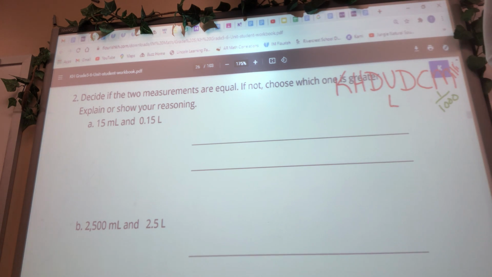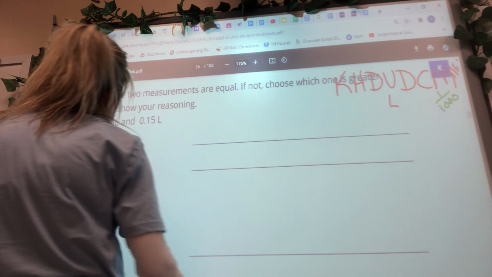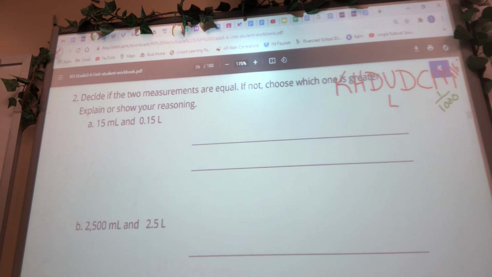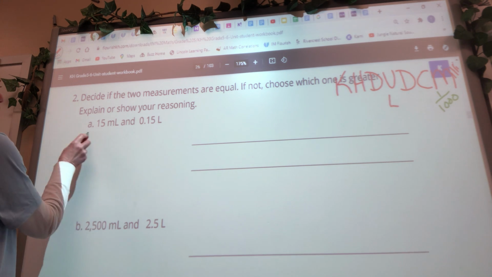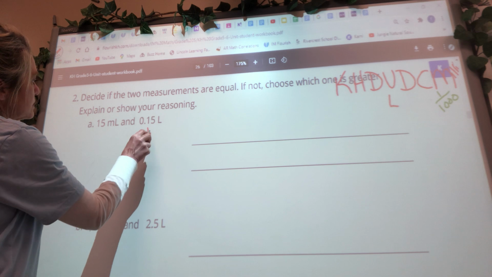Okay, decide if the 2 measures are equal. If not, choose which one is greater. Well, the first thing, if we're going to see if they're equal, we've got to get them in the same units. So let's change everything. They had milliliters first, so we'll just change everything to milliliters. If we change this to milliliters,